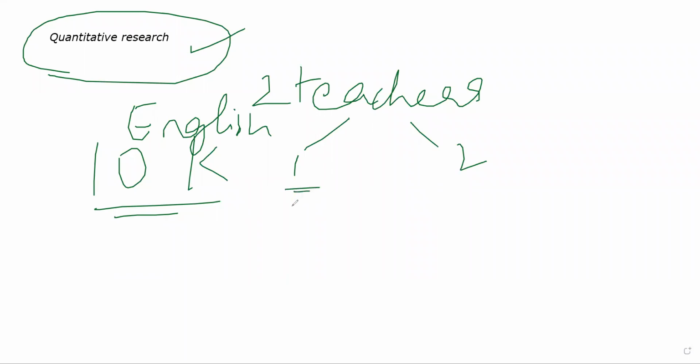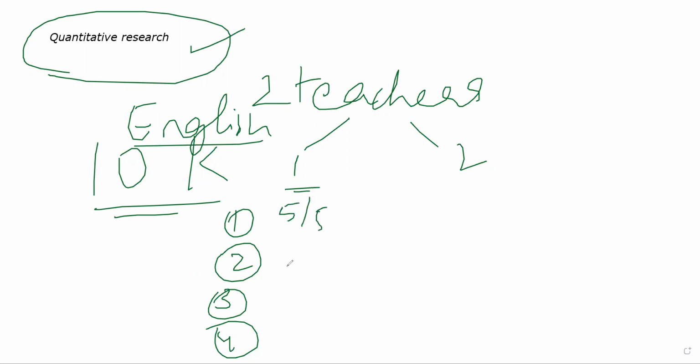Now, the one using the numerical method, what is she doing? Let's suppose there are 4 students, because I don't have enough space. Based on that English test, she is giving different marks. Let's suppose one fellow got 5 out of 5, another got 4 out of 5, another got 1 out of 5, and another got 3 out of 5. Okay, you clearly know the results: this one got full marks, this one got 80%, this one got 20%, this one got 60%. You can clearly categorize what the result was.